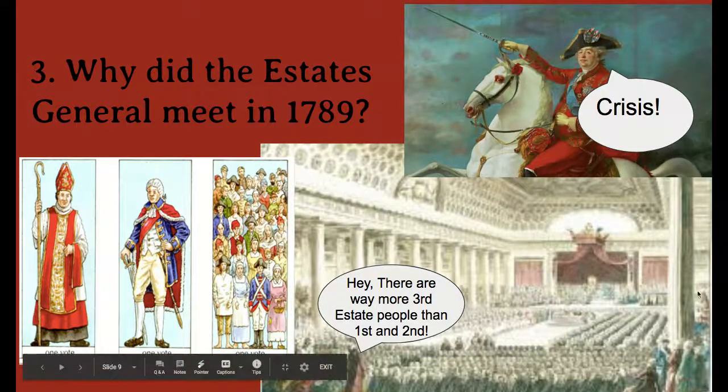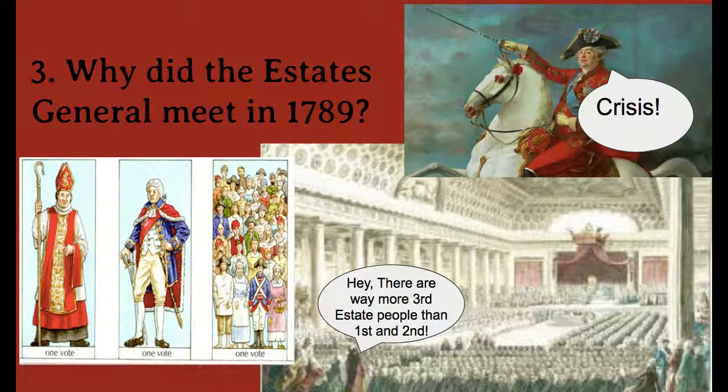This meeting led to a lot of ill feelings between the third estate and the other members of the Estates General because each estate got one vote. They worked together to negotiate and to debate, and the king asked, should the nobles be taxed? And the third estate said yes, and the second estate said no, and the clergy sided with the second estate to say no. The Estates General met in order to solve the financial crisis, but the first vote did not go very well.